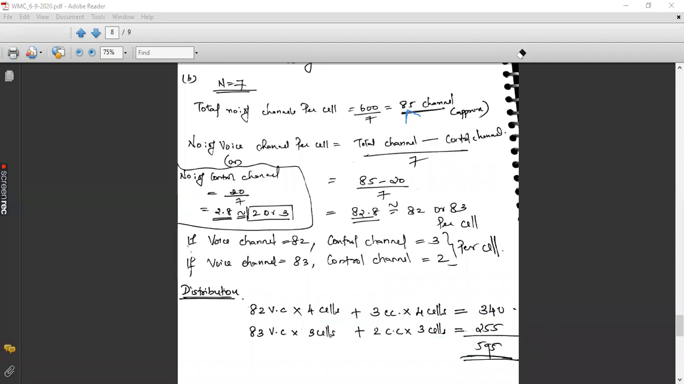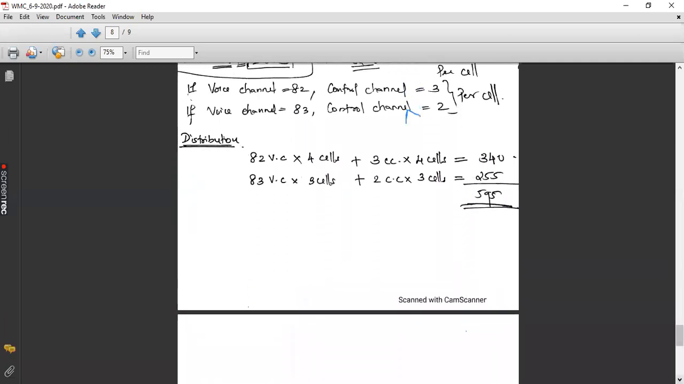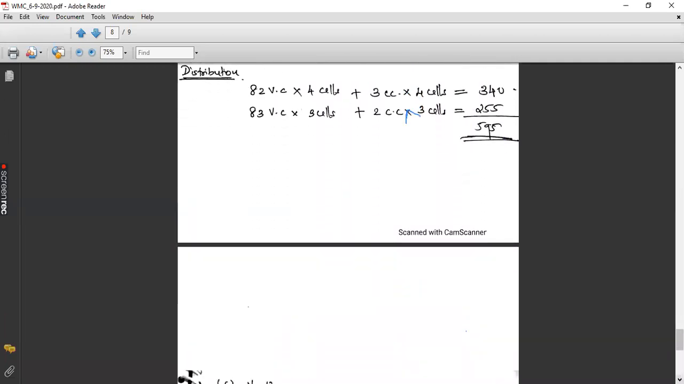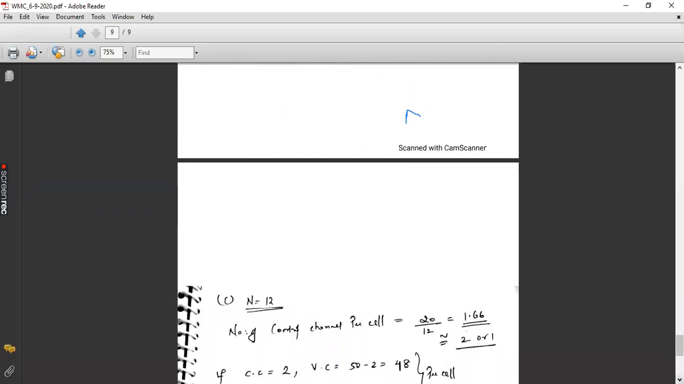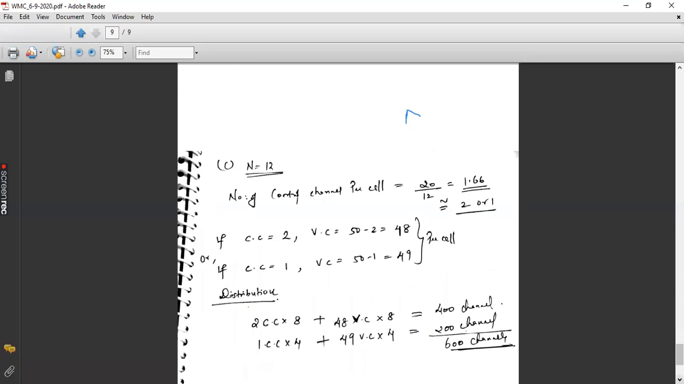So the third case we have is the 12-cell reuse system, so we need to take n equal to 12. For n equal to 12, again we will start with the control channel only because it is easier for you. So 20 divided by 12 is 1.66, so you need to take either 2 or 1. So we are going to assign 2 control channels per cell, or 1 control channel can be assigned to